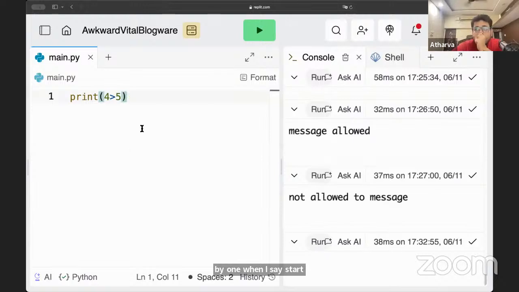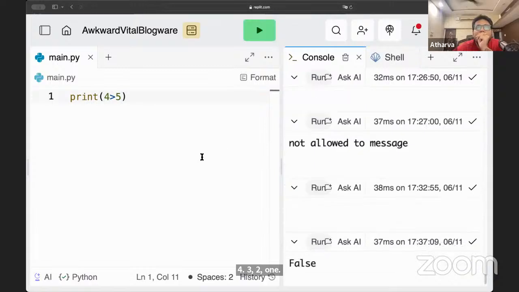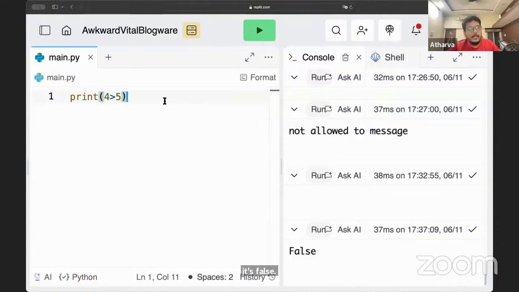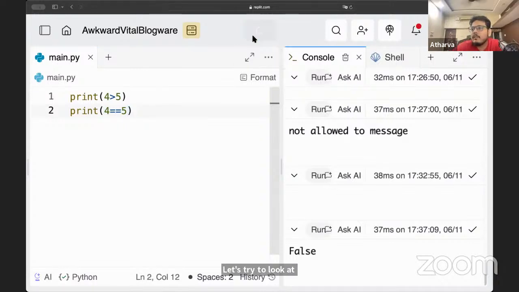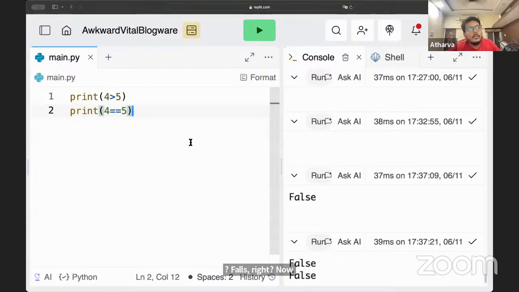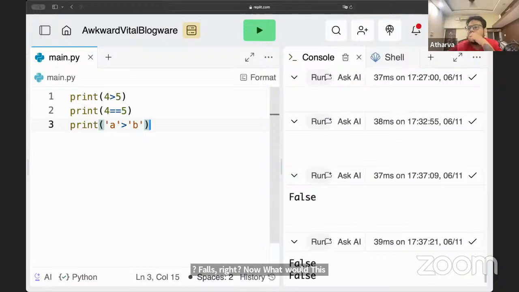So start. 5, 4, 3, 2, 1. Okay, 4 is greater than 5? Exactly, it's false. Let's try to look at this. What would this be? False, right? Okay. Now, what would be the output here?